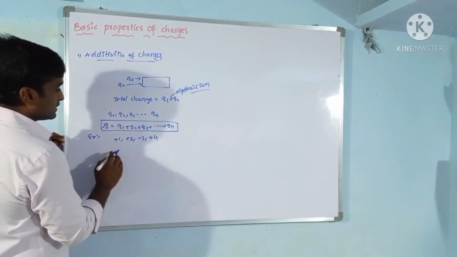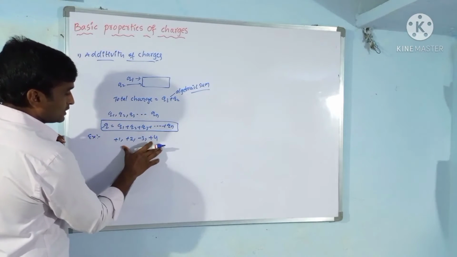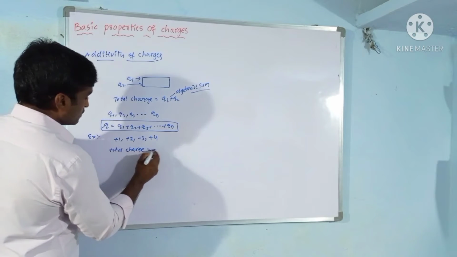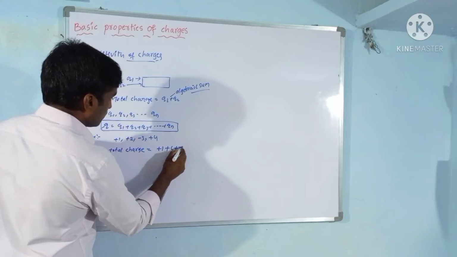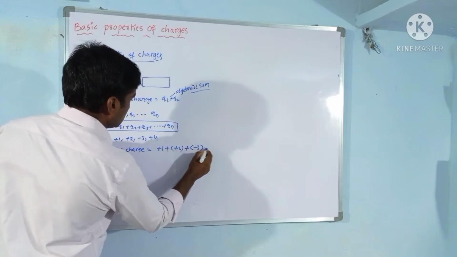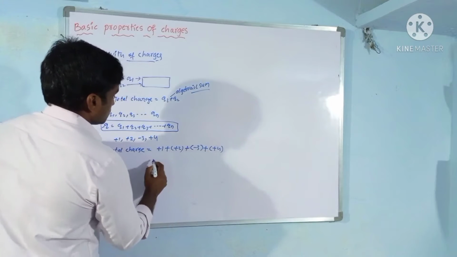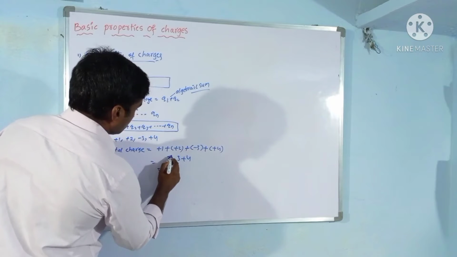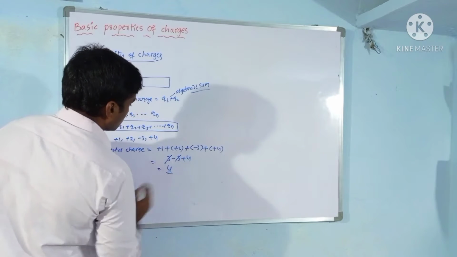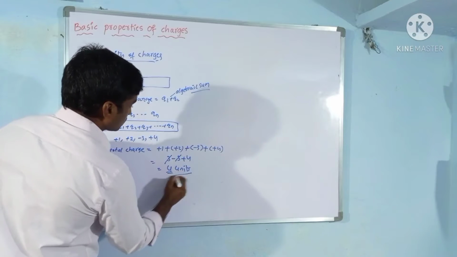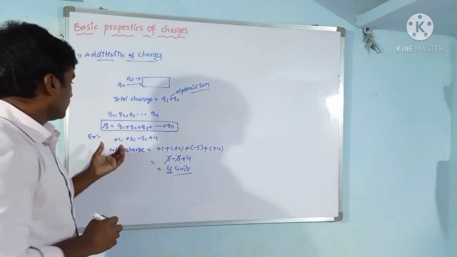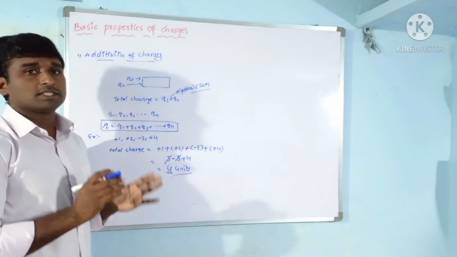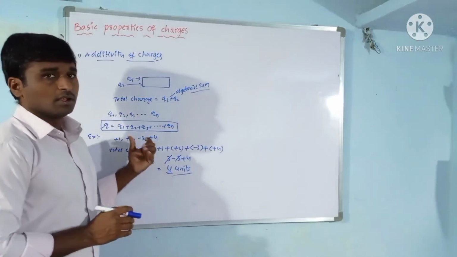Adding the algebraic sum of these four charges: plus 1 plus 2 minus 3 plus 4. Plus 3 minus 3 cancels, leaving 4 units of charge. This is the total charge of the system. So charges can be added. The next property is